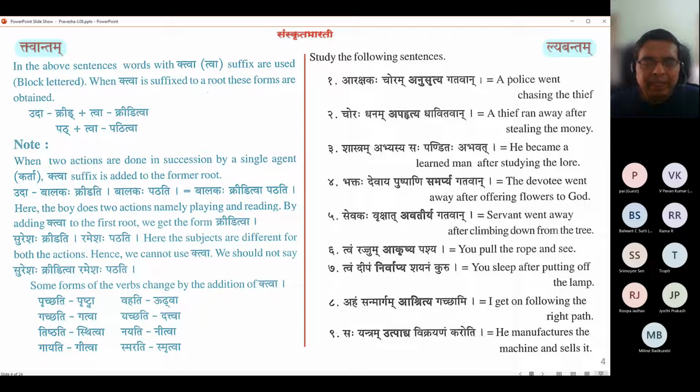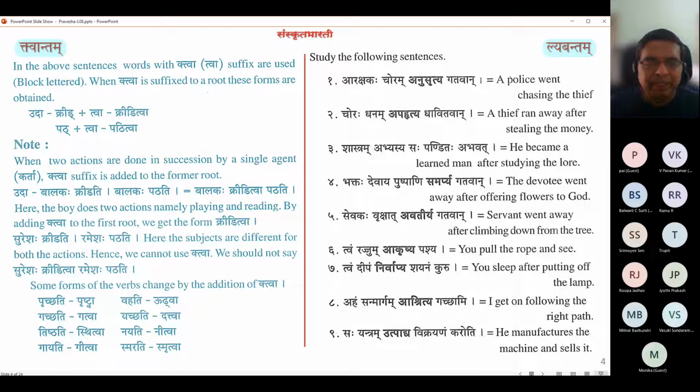Santoshena pustakam patati. So Santoshena becomes a kriya visheshana. With happiness he reads the book, like that. Okay. So Tritiya Vibhakti, we have noticed, is also used for kriya visheshanas in many instances. Or Uchchaihi pustakam patati, an avyaya shabda Uchchaihi, which is fixated in a sense in Tritiya. Okay. So that kind of usage also is possible.